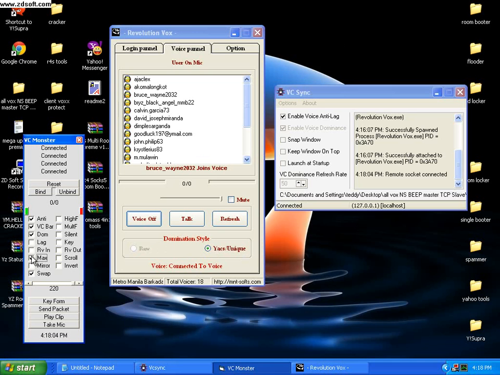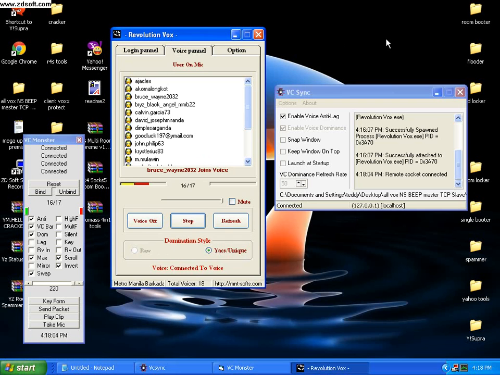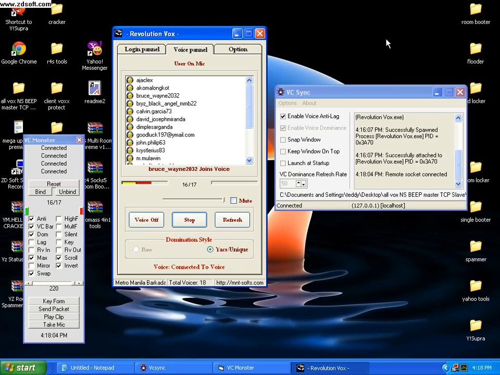Click in mouse, click the score, click in invert, and then step in the BC and talk. 16 out of 17. Okay, this is the actual output demo of how to merge BC Monster TCP Slave BC Sinks to Revolution box. So it's Sunamas again signing in YouTube, and I hope you are satisfied for the actual